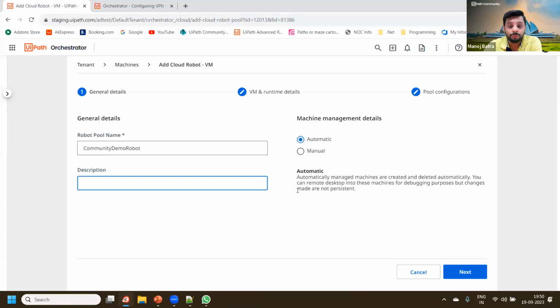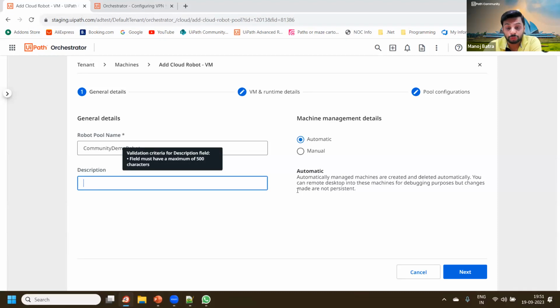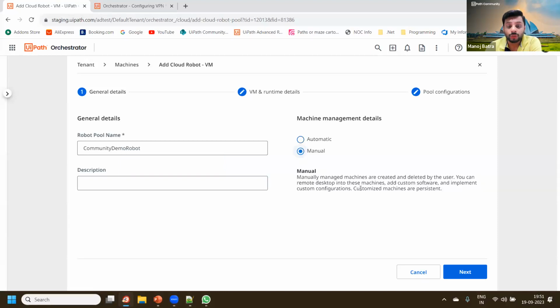If you go with automatic, in that case, everything will be managed by UiPath only. That means they will create and delete automatically. The only challenge with this approach is that the changes that you make on your machine are not persistent. So you can do an RDP and install things, but the changes that you made are not persistent. Whereas if you choose the manual one, you can see that the customized machines are persistent. That means the changes that you are going to save on your machine will be persistent and will not be